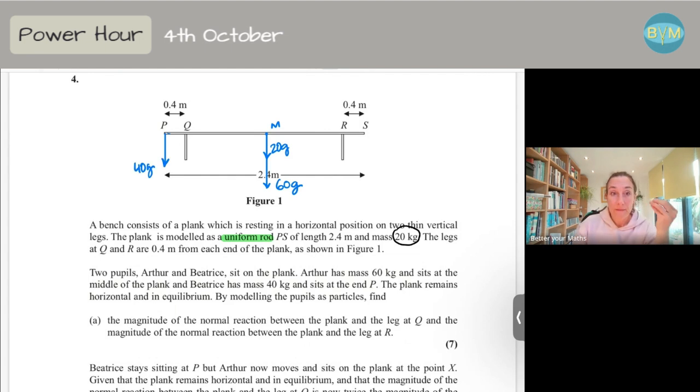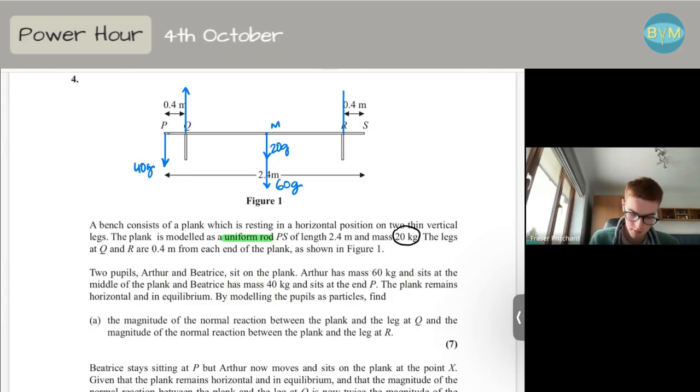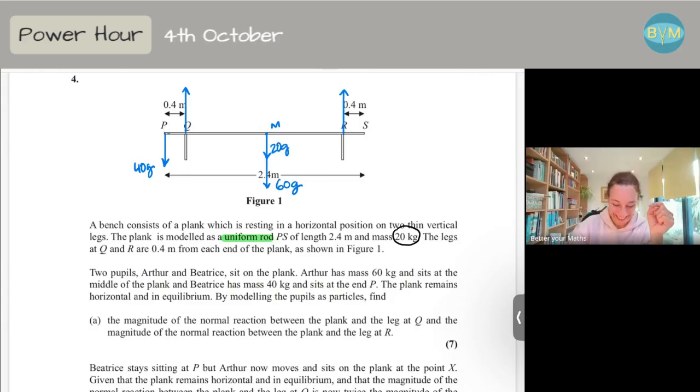What other forces do I have on my plank? Because it's on two supports, I will have reaction forces on those supports. I have a force here. Fraser, tell me. I was going to say the normal reaction forces. Exactly. Unless they tell me anything different, I'm going to write that they are different. Sometimes they say one is double the other or triple the other, so then you can write R and 2R, but in this case, I'm just going to call them different. Reaction at the supports. Now,